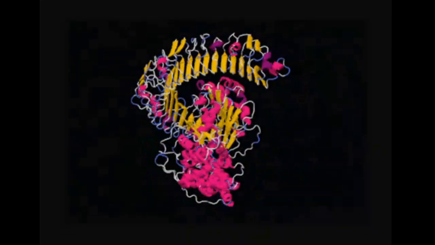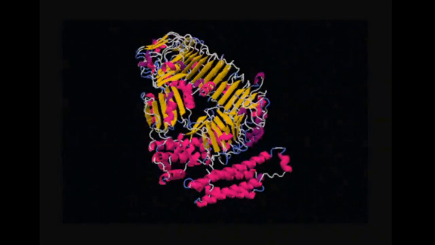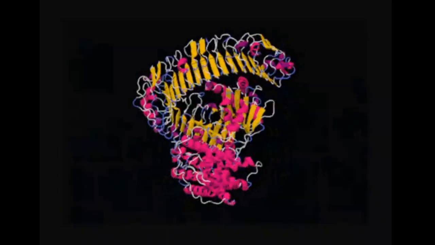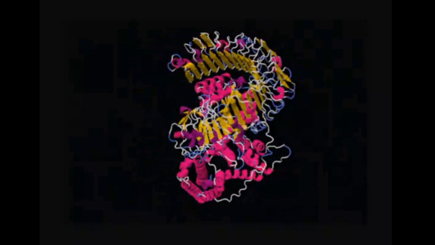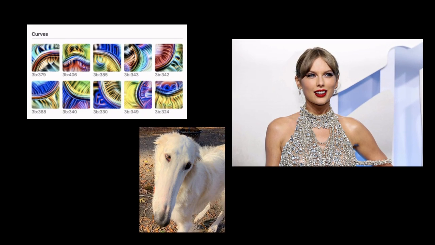In the context of neural networks and AI, a feature is any distinctive property of an input. This can be human recognizable as distinctive, but it does not have to be. If the neural net does something very complicated, for example, such as AlphaFold, the protein folding neural network, we might not understand the distinctiveness of a property, but it can still be a feature. Some examples of things that can be features: a curve in a certain direction, the face of Taylor Swift, or the orientation of a dog snout. These are all examples of features in image-based neural nets.